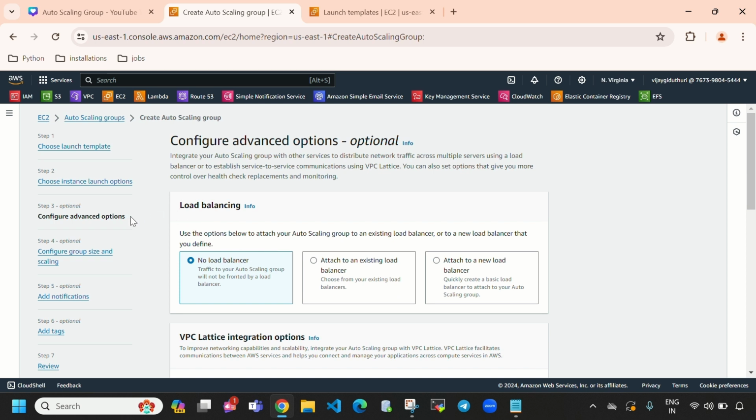And here you can see in step 3 load balancing. So in this video I'm going to select no load balancer. So we are going with only the launch template, and we are going to create the auto scaling group. In the next video, I will explain how to create an auto scaling group with a load balancer. So here you can see when we want an application load balancer, we can directly select here. Attach an existing load balancer means you can create your own load balancer and attach it here, or else you can create a new load balancer by selecting here. So in this video, I'm not going with the load balancer, so I'm going to select this